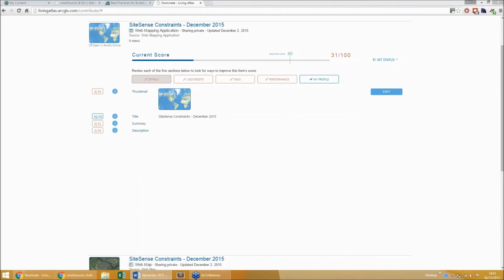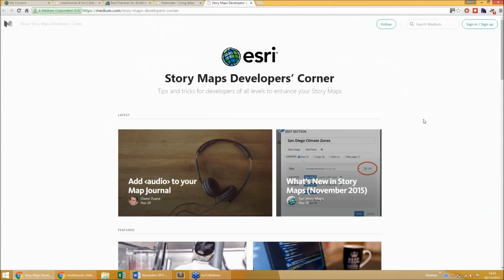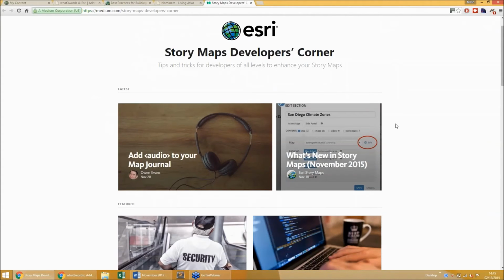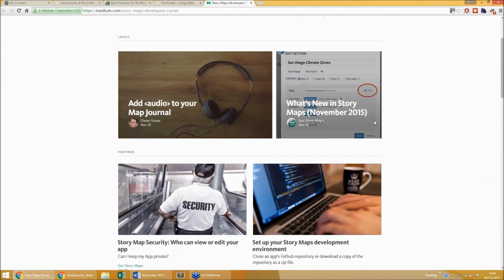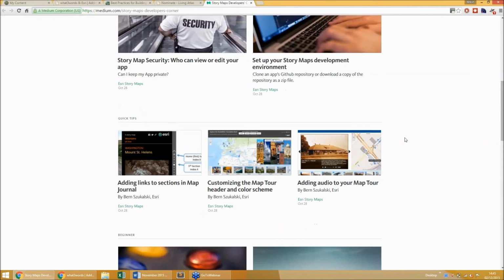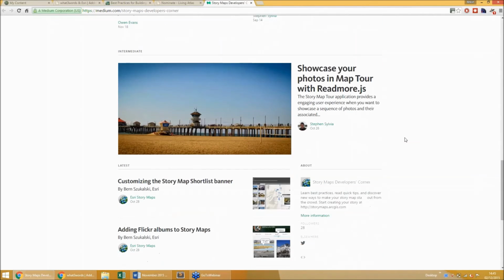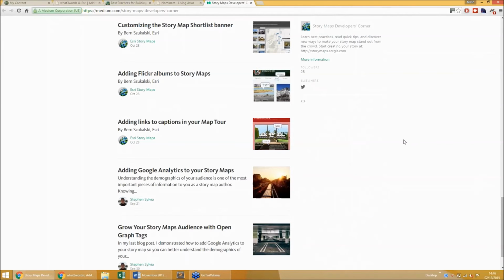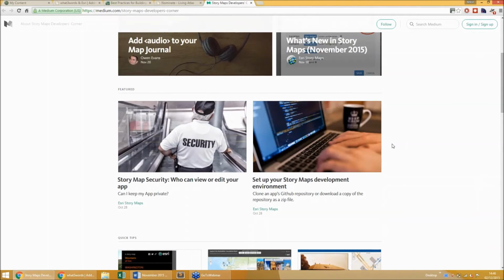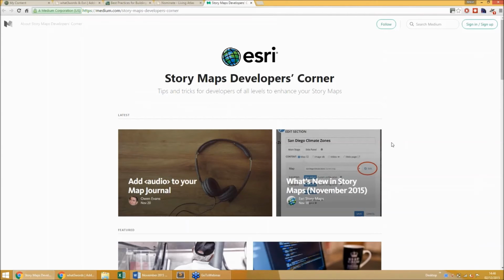Finally, my last bookmark, which is probably my most recent, is for the Story Maps Developer Corner. There are some really useful tips in there for letting you customize your story maps, adding in buttons and adding in audio. I'd recommend you have a look there if you want to put a bit of development into your story maps. These don't require full-on development, they're just add-ins. You can edit your HTML within your story map.